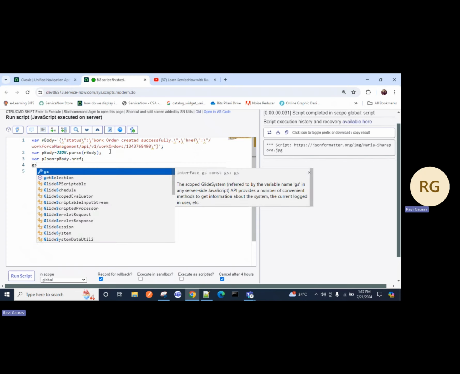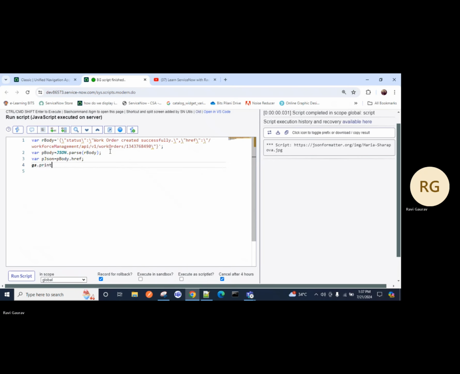Fine. gs dot print and pjson. Copy paste. Fine. So what will be the output? If I run the script, the output is \workforce API work order